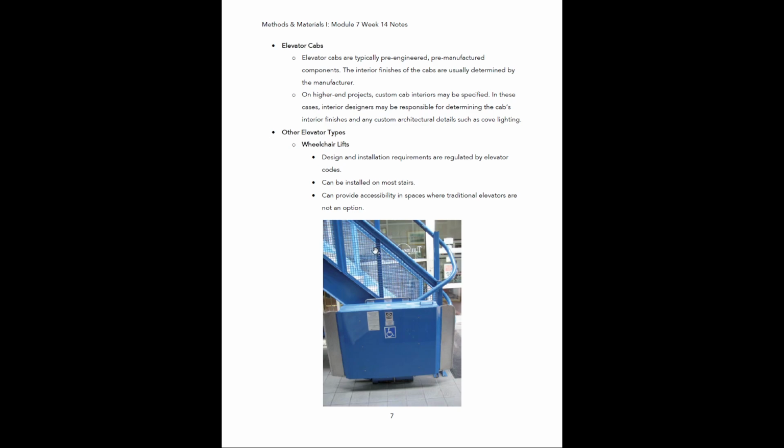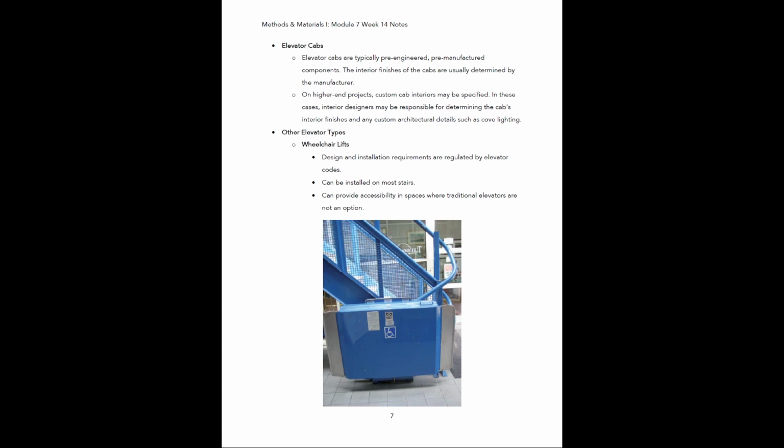Other types of elevators: you may also run into wheelchair lifts, and the design and installation requirements of these are regulated by elevator codes, just like the elevators are. These can be installed on most stairs, and they can provide accessibility in spaces where traditional elevators are not an option. Here you can see an example of a platform wheelchair lift. Right here is the platform, and this will fold down, you can roll a wheelchair onto it, and then it will move vertically up the stairs. These are good in spaces where putting in an elevator would not be practical, or where the budget wouldn't allow for an elevator. So this is an alternate way to meet the accessibility requirements for the space. Also for retrofitting applications,